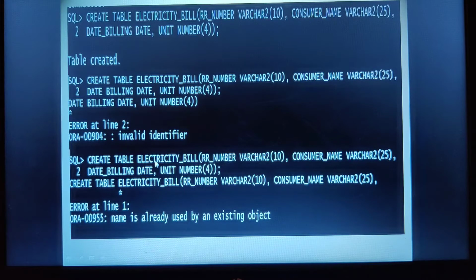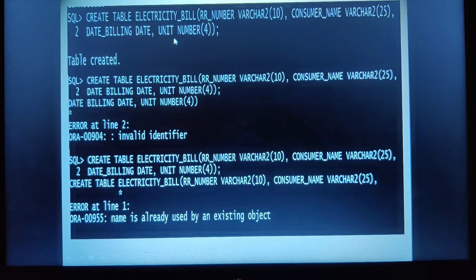That's why you have to give a different name. I can give create table electricity_bill followed by a roll number, or electricity_bill1, or electricity_bill100, anything, but it should be a unique name for the table. I hope you are able to understand.